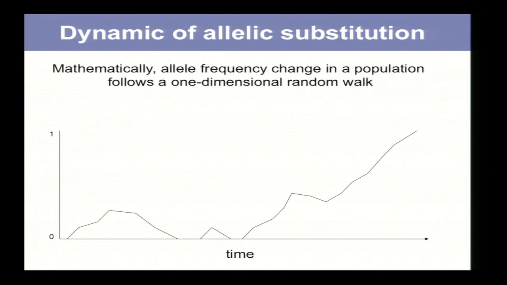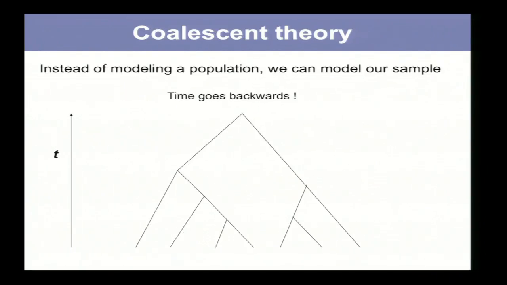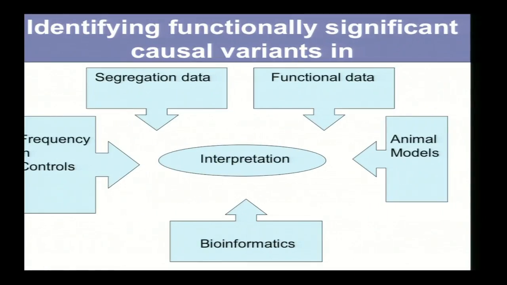Okay, just one sentence. Maybe I'll skip that. So there was the idea to explain that there are two ways to look at the data: one to track allele frequencies with diffusion models, and another one to track genealogies with coalescence. So I really want to talk about annotating the genome, and I still have 15 minutes to go.